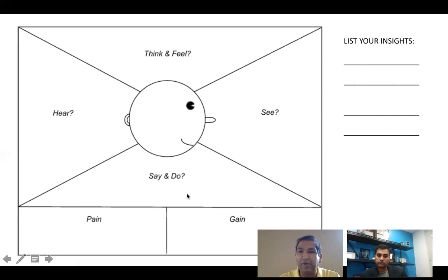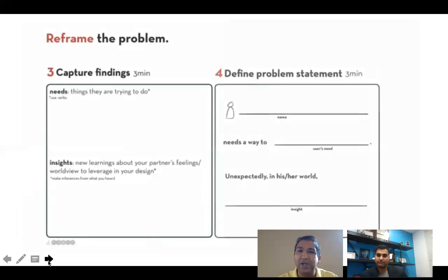So as you talk to people, write down what you hear, write down what they are saying or doing actually, what they are feeling, and what you are actually observing. So your observations and their feelings will give you some great insights about their pains, and about what they want to gain from this whole solution. And those insights will be surprising, and many times you'll feel like, wow, I never expected this to be the real problem behind it. And you'll solve something wonderful.